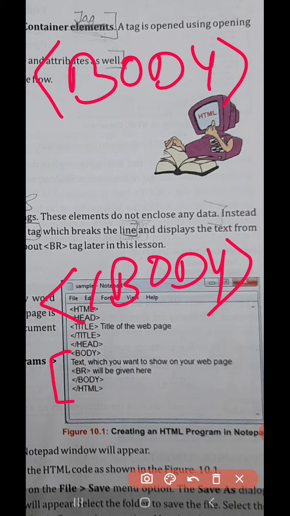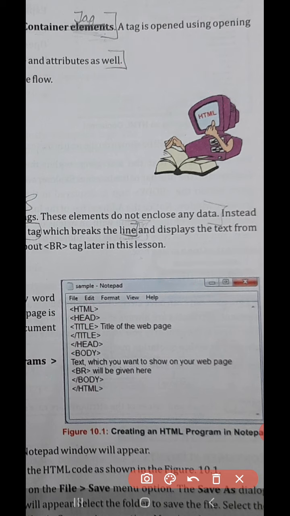Okay, children. Between <body> and </body>, a simple text is given, that is, the text which you want to show on your web page will be given here.